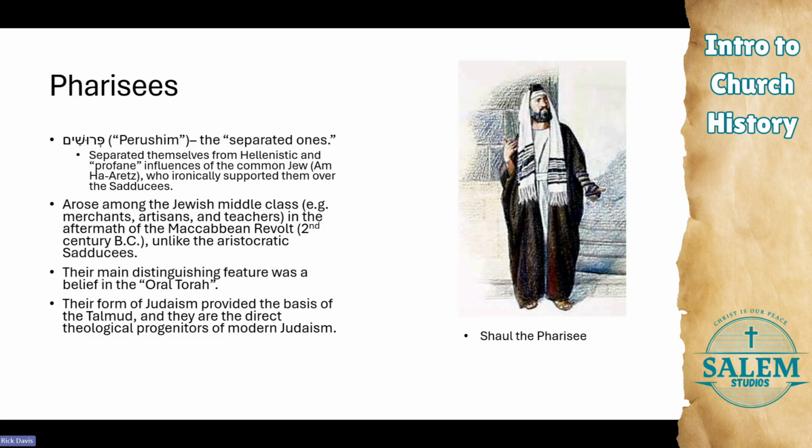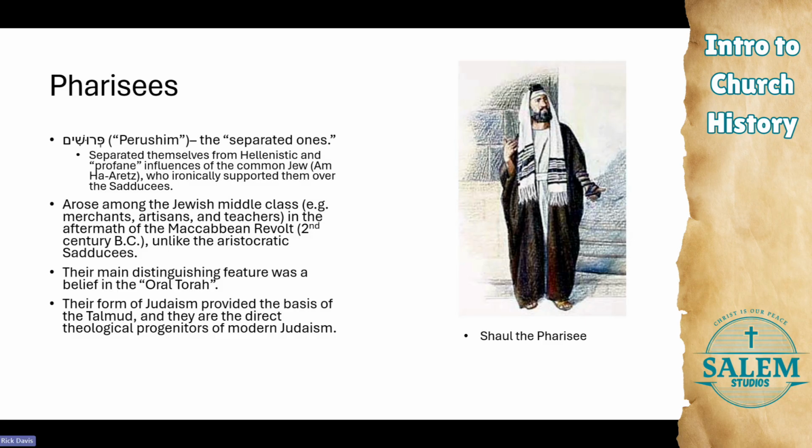Now we contrast the Sadducees with the Pharisees, or the Perushim, which literally means the separated ones in Hebrew. Why were they called the separated ones? Well, the Pharisees, as you may have picked up on in your readings of the New Testament, were separating themselves from any and all non-Jewish influence. They especially hated the Hellenistic or the Greek influence that existed within the Holy Land. They also were not kind towards Samaritans, and they also did not like the profane practices of the hoi polloi, the Jewish mass,